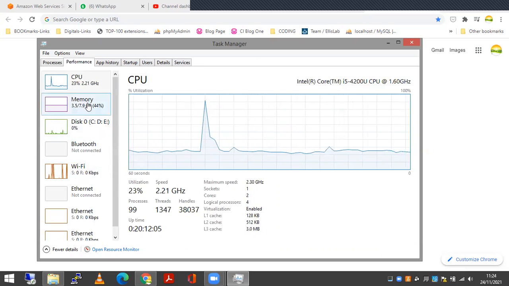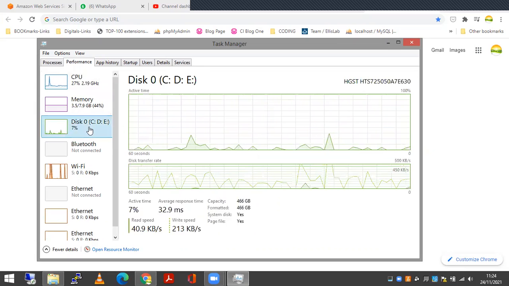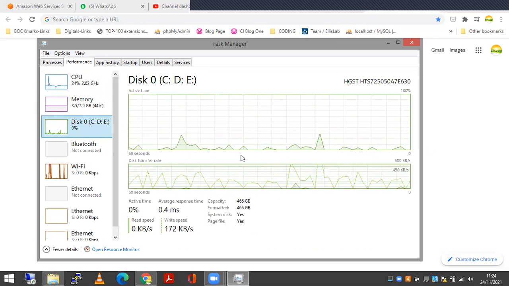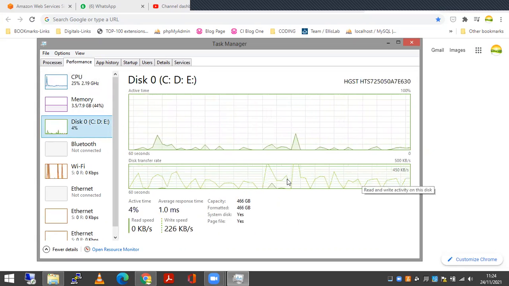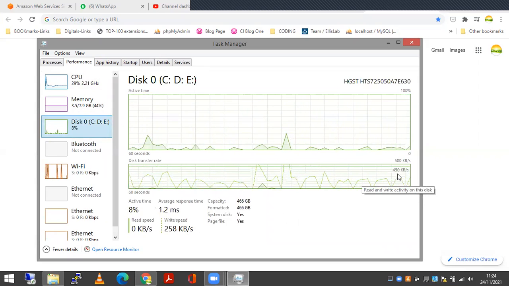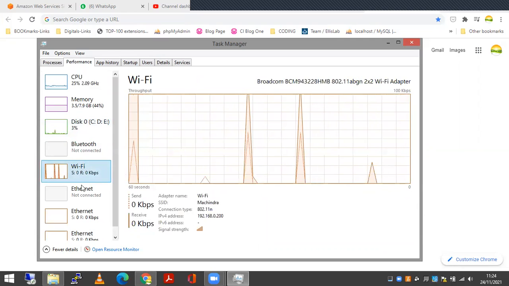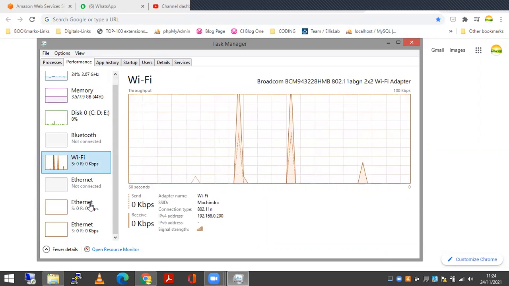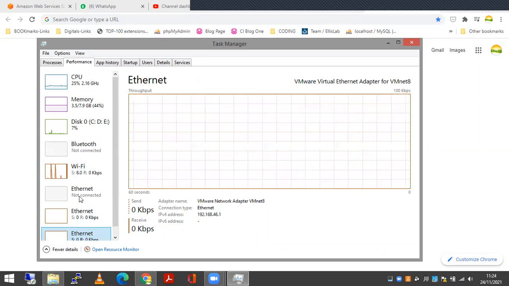Here you can see the memory related usage, total disk IO, and disk transfer rate, currently averaging 450 kbps. Bluetooth is not connected. Wi-Fi is not connected, 0 kbps. Ethernet may be of my virtual machines or the virtual applications' Ethernets.